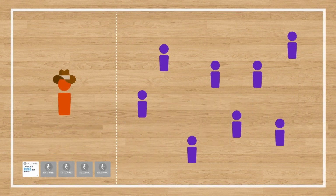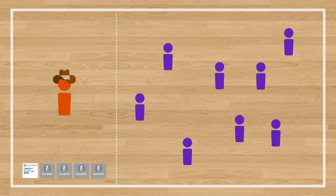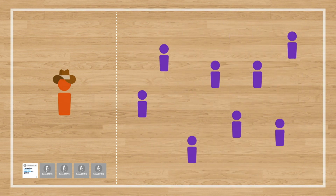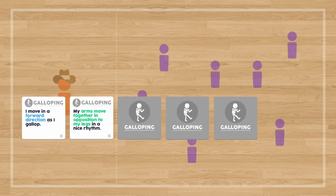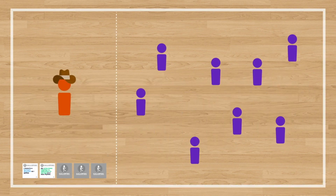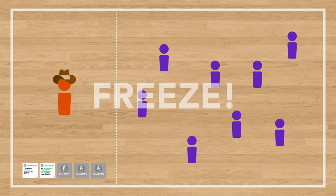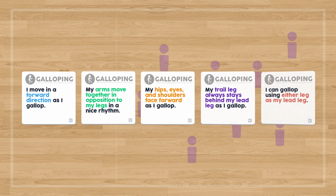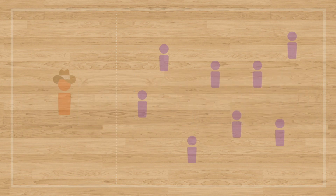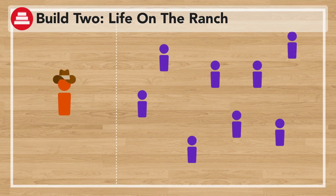The wild horses will then resume galloping, making sure to focus on the important key that was just shared. The rancher will then repeat this process, introducing a new important key each time they call freeze. This will continue until the rancher has introduced all 5 of the important keys of galloping, and the wild horses have had enough time to explore each of those keys while galloping. Once the rancher feels that the wild horses have had enough time to explore galloping, it's time for build 2,